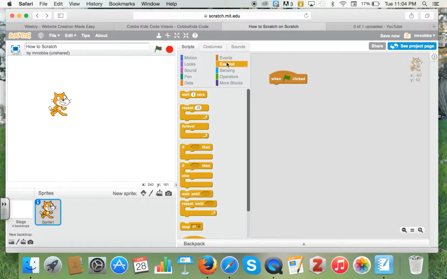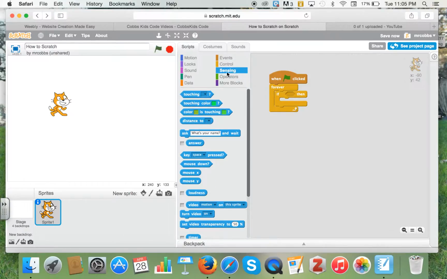Here we have control, and this is a very important set of blocks. If you watch tutorials, I'll be going in here a lot. Mostly it has to do with timing, and it also helps with setting the rules for things. A big one right here is if then, also forever. And if you see here, you can actually put blocks within blocks. So it says when the green flag is clicked, forever, if something, then do something else. And I'm going to leave this on here just so you can see, because the next one we have is